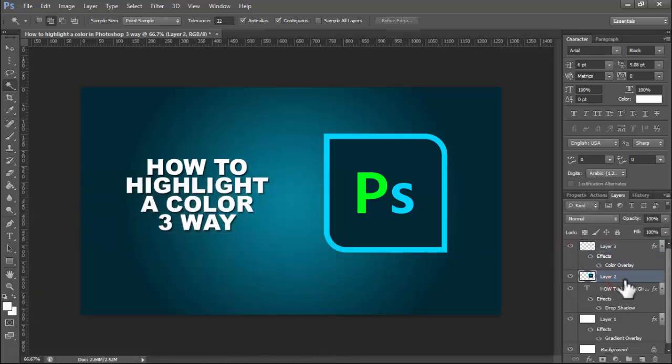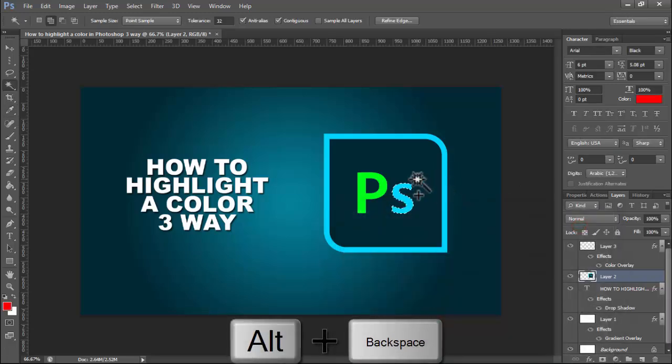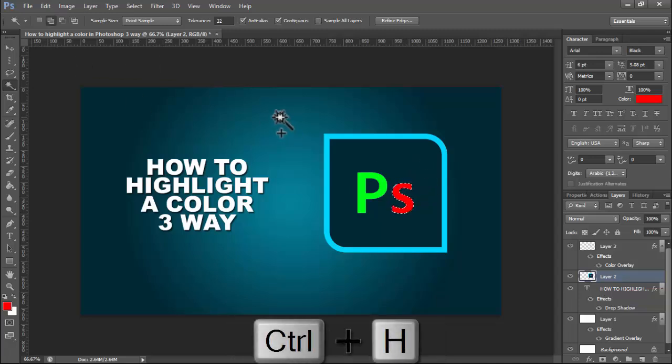And another way to, again, apply the same process. Click and select highlight color or red, then hold Alt, click backspace. And for the last way,